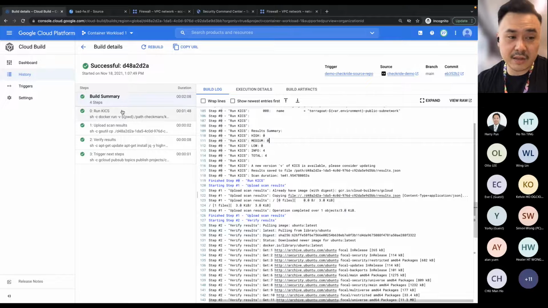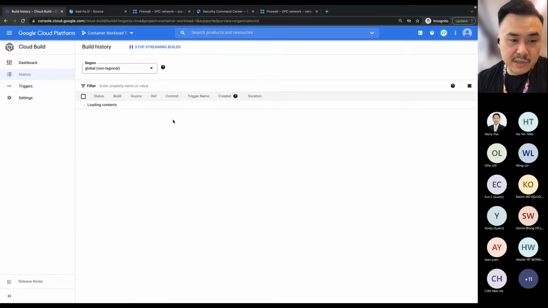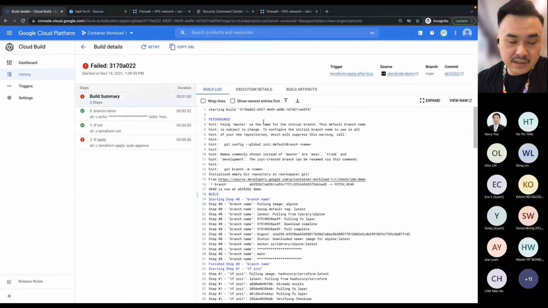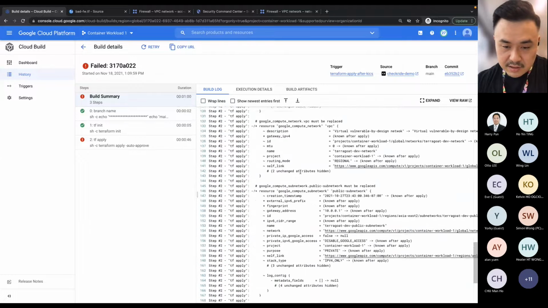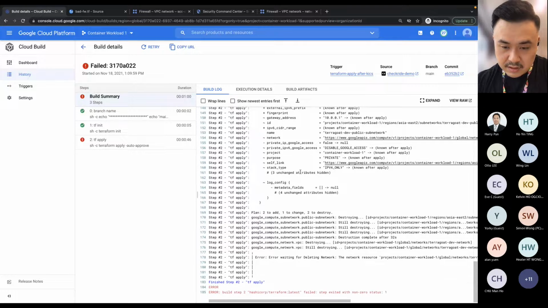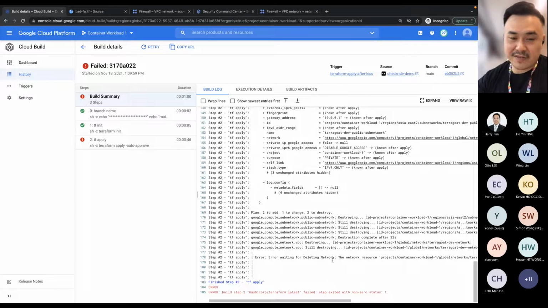So it actually triggered a second cloud build. And over here, we actually have a second cloud build failed. And why is that? We can actually look at the logs over here. Okay, it's telling me I actually have my previous example I had this morning. I didn't remove the resources I deployed, so I have some conflict with that. But again, the gist is,